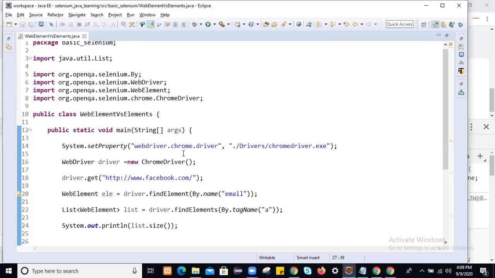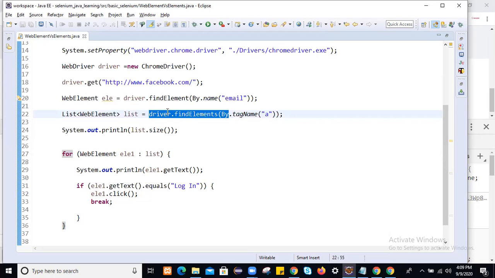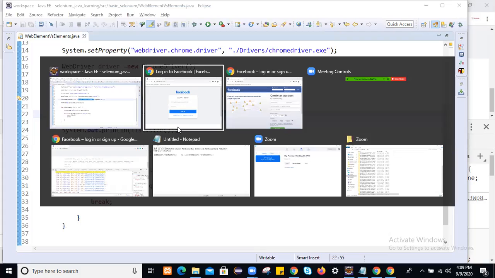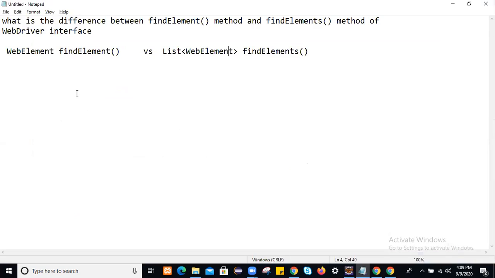So the simple difference between findElement and findElements we have seen. findElement will return a web element, whereas findElements will return a list of web elements. If findElement matches two nodes on the page with the locator, it will simply interact with the first node appearing on the page, not the second node.